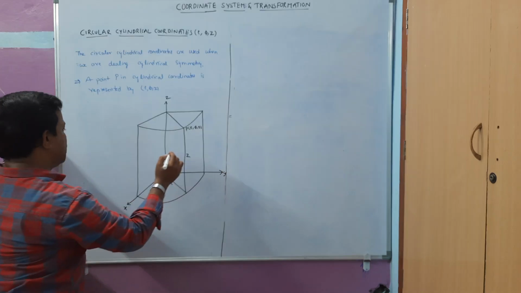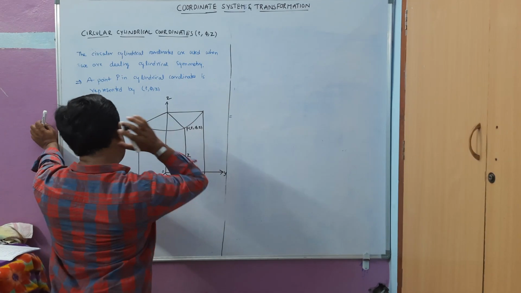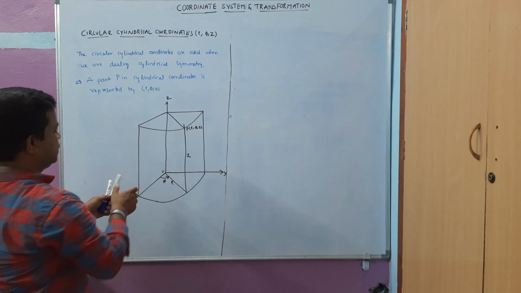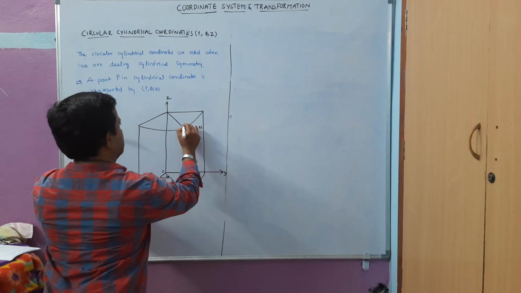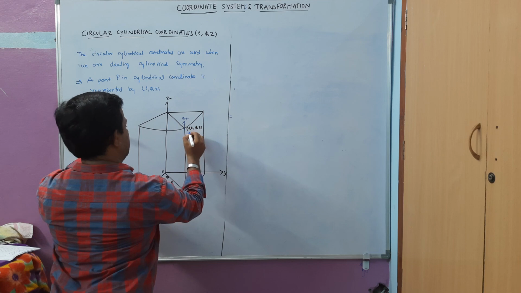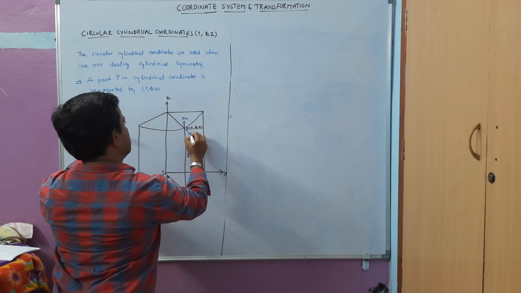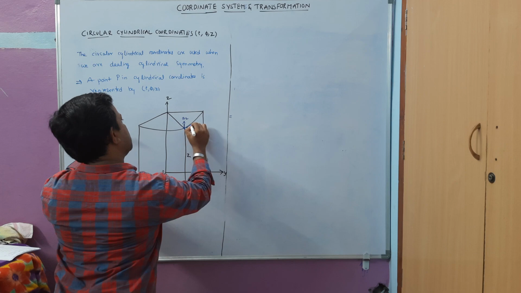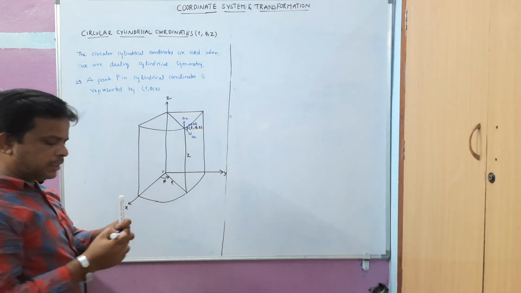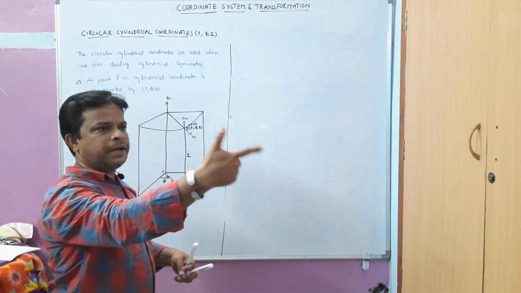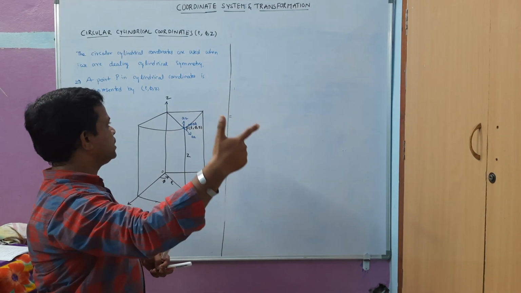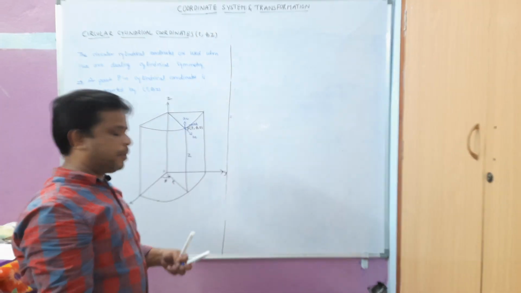Okay. Now I will draw the unit vectors in this diagram itself, that is a z vector will be along this. I will draw with the other color here. Okay, this is the a z and this is a rho and this is a phi. Okay. So you can see these three unit vectors all are maintaining this orthogonal property, where a rho, a phi, a z are mutually perpendicular to each other.